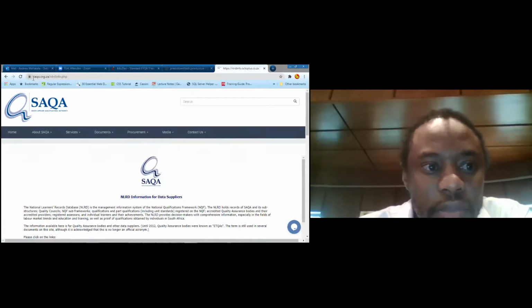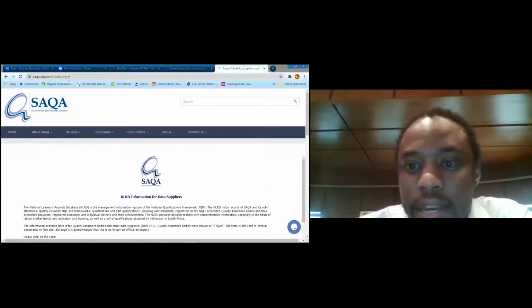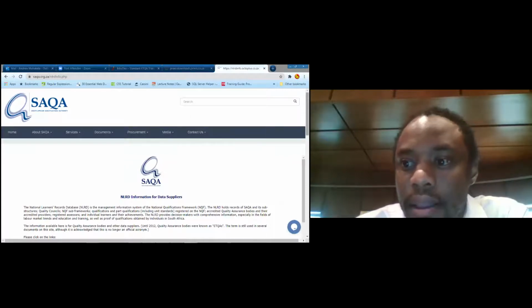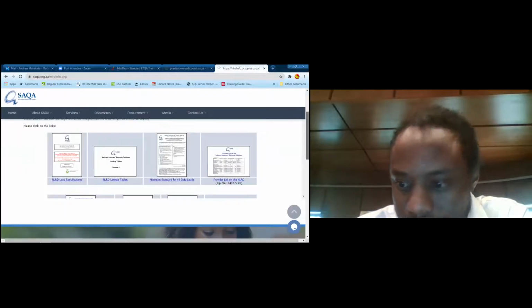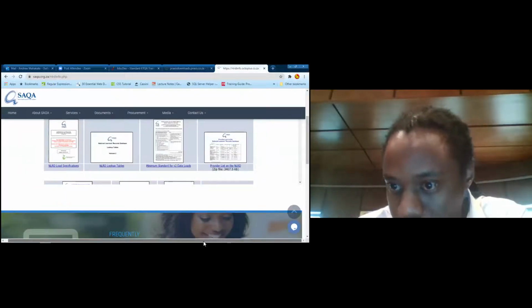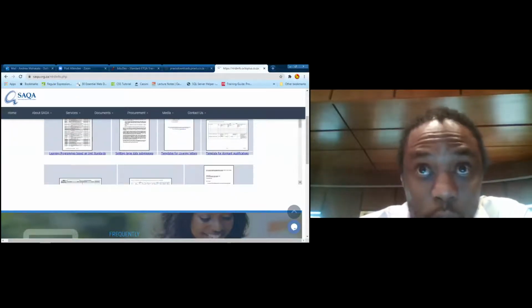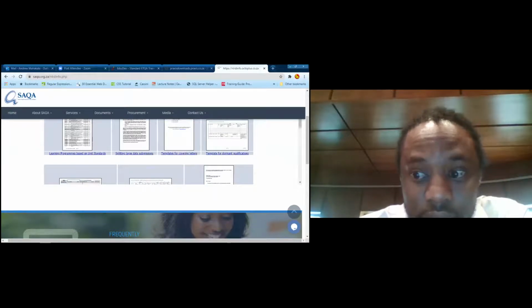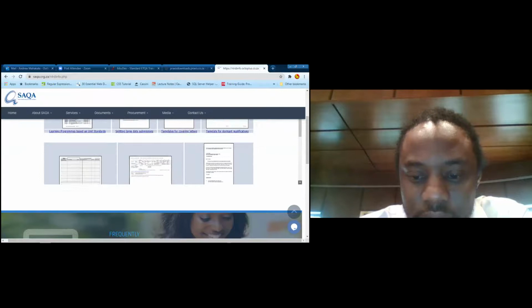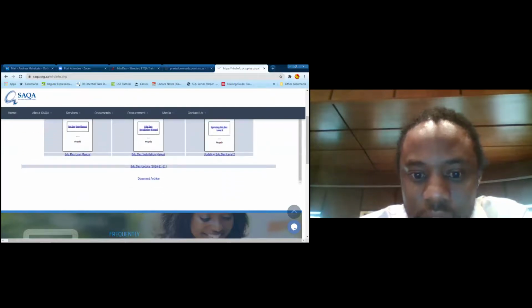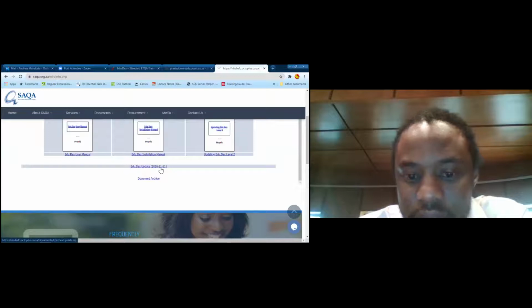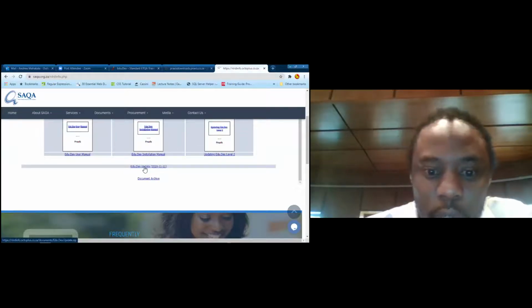So this is the particular site you go to get the latest update for your HEQCIS. Make sure it's sakwa.org/nlrdinfo.php, the one on top there. Please kindly scroll to, I'm looking for, there are two scroll bars. There's one outside here and the inner one here. So use the one inside to scroll down to where it says HEQCIS update and there's a date with it. You need to click on that